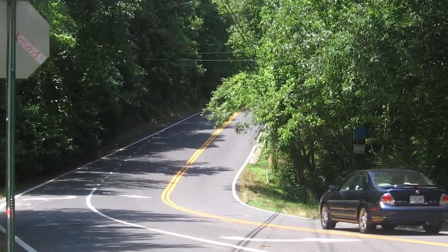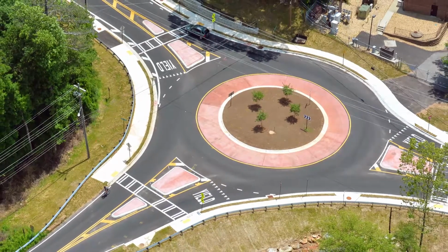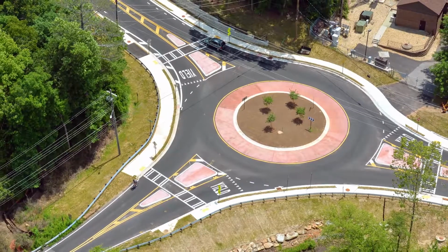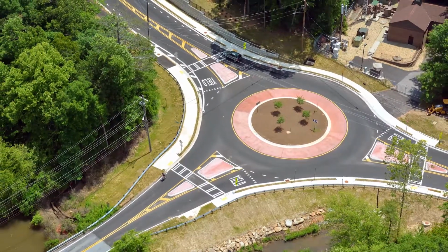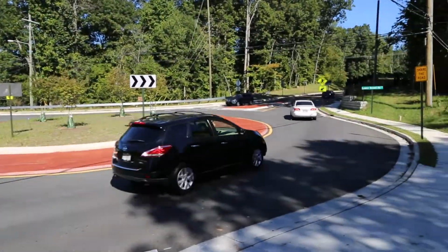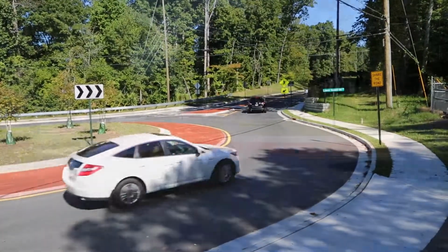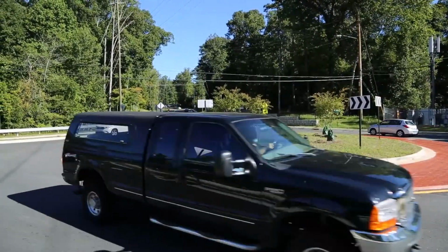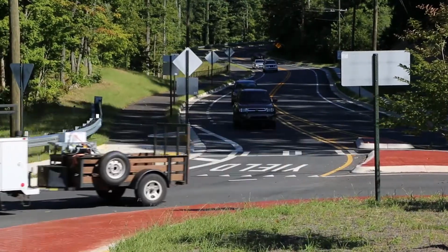And on top of that, you had a number of constraints around the intersection. You had the National Park Service on one side, you had Willio Creek on another, and you had a sewage pumping station on yet another side. So the solution that we came up with was a 115-foot inscribed diameter roundabout that improved the operations of the intersection while squeezing in between all of those different constraints. We worked with adjacent property owners as much as possible to come up with